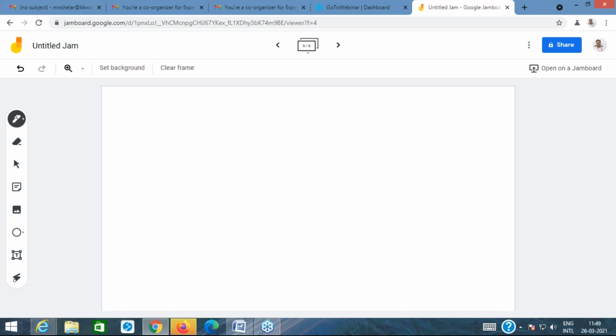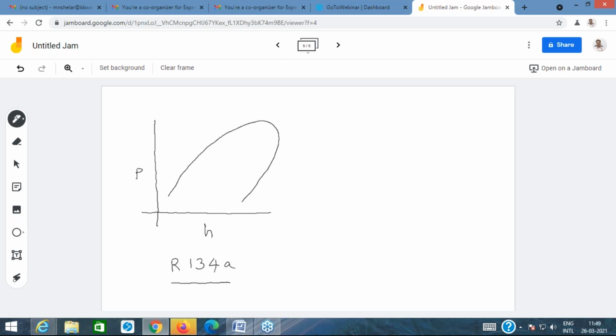We can use the analytical method also to calculate the performance by using the pressure enthalpy diagram of R134A, and because the refrigerant used is R134A, we need to use the R134A pH chart. If ammonia was used as a refrigerant, we would have used the pH chart of ammonia. Now, how do you get that? For that, you need to read the enthalpies and plot the actual points.